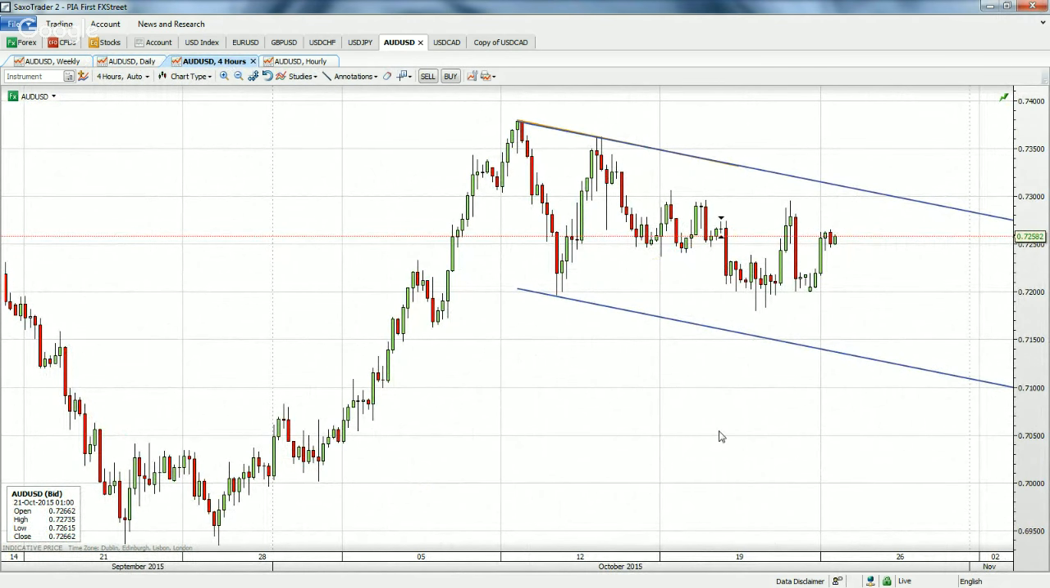Let's get rid of that. At the moment, our bias is to sell into rallies close to the top of the channel formation, which is 73.11. The corrective move to the downside doesn't look like it's finished yet. Also, DMARC is highlighting